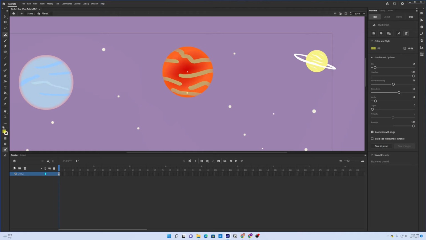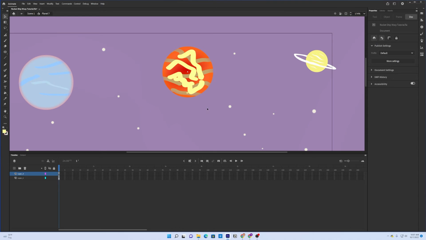Now, if I wanted to add another layer on top, change my color up a little bit. I want to make sure my alpha is 100%. You know, that doesn't work. I could paint on top. It's not going to paint inside because it's on a separate layer. But I can go in, add a little bit of this, and it looks kind of weird, right? But if I go to my properties and I go to blend modes, so I was showing you blend modes, I can